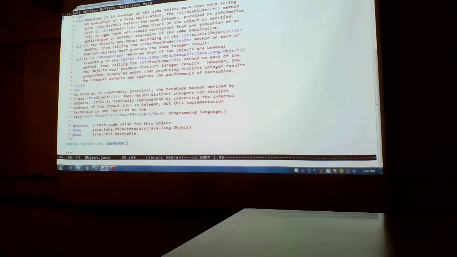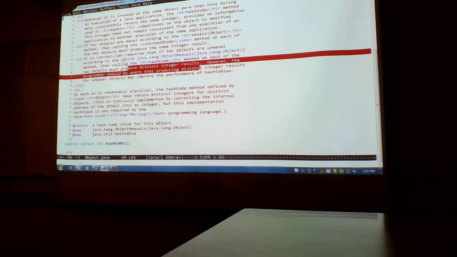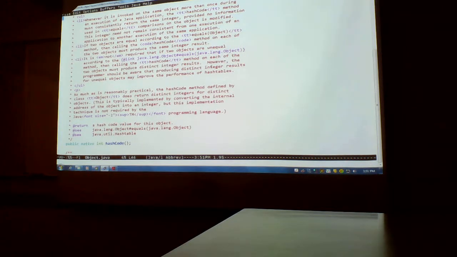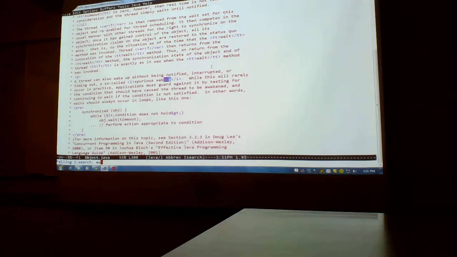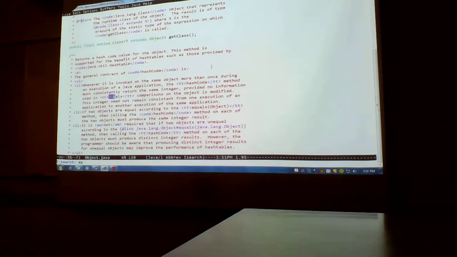There's a native method that gives you the hash code of a generic object, and two distinct objects should produce distinct integer results, right? The other method is called equals.